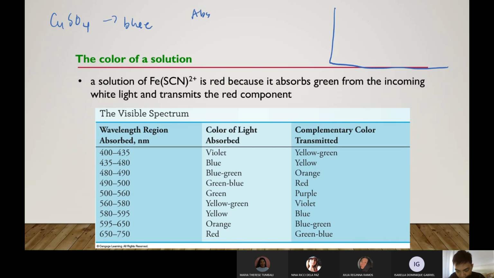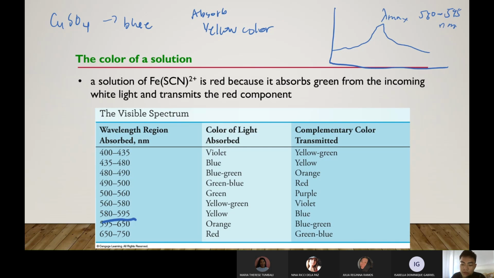Ano yung absorb niya? Tingin tayo sa table. It will absorb yellow color. Okay? So, itong yellow, it has a wavelength of this now. So, kapag yung copper sulfate, kinuha mo yung lambda max niya, yung lambda max nun ay nasa 580 to 595